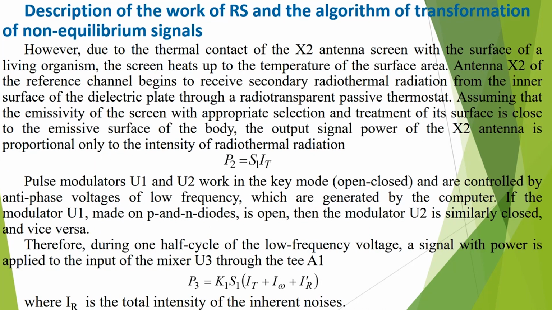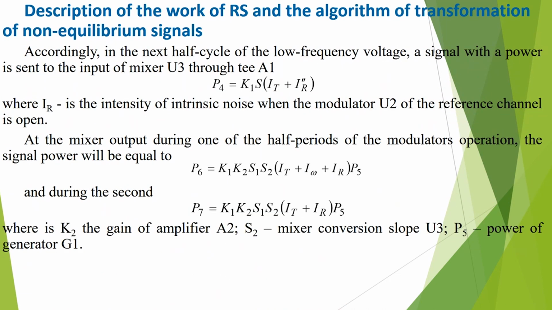Pulse modulators U1 and U2 work in decay mode and are controlled by anti-phase voltages of the low frequency, which are generated by the computer. Accordingly, in the next half cycle of the low frequency voltage, a signal with the power is sent to the input of mixer U3 through the TA1. At the mixer output during the half periods of the modulator's operation, the signal power will be equal to